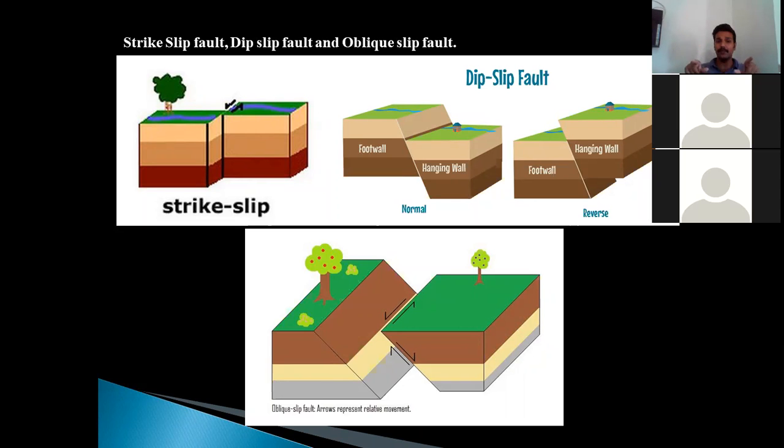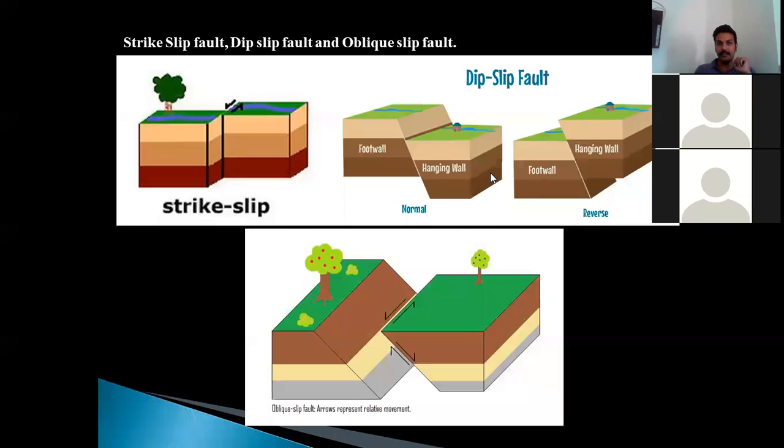So before classification, before understanding the classification of these types, we must understand the fault plane and its criteria. Here we are considering the criteria of the fault plane. Fault plane is the plane along which the displacement has taken place. Here we are considering the strike and the dip of the fault plane. So if the block moves along the strike of the plane, there will be a strike slip fault. If along the dip, there is a dip slip fault. And if it is along the oblique of the fault plane, it will be called an oblique slip fault. These three pictures can explain to you the different types of slips the block can perform. Okay, slip here refers to the displacement of the block.